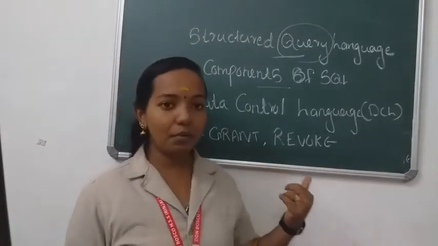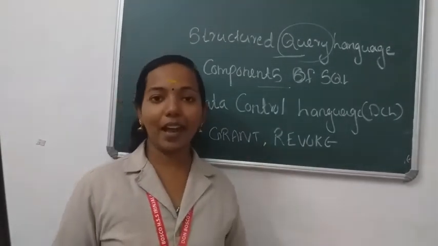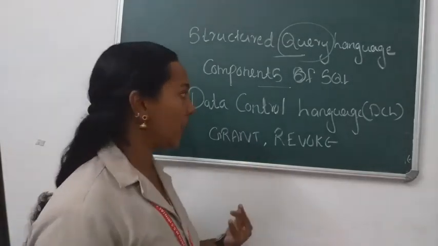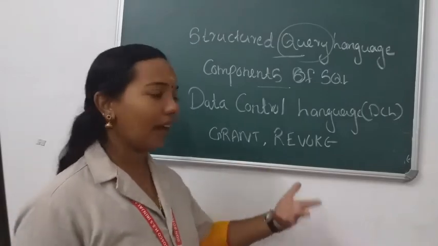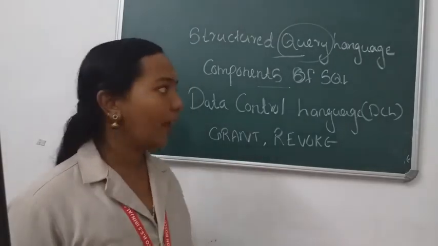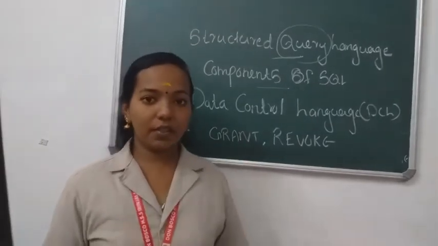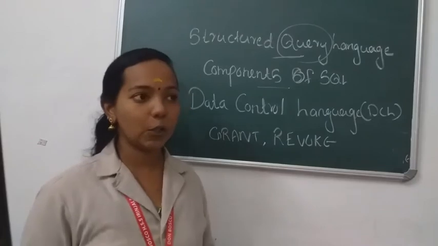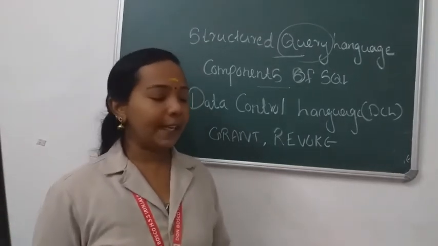And this is an example for data control language or DCL. Examples are grant and revoke. So these are the two commands that we are using in relational database management system, grant and revoke. Okay, hope you understood this. Then the remaining section, how we are accessing values from MySQL or how we are opening MySQL, that we will discuss later.